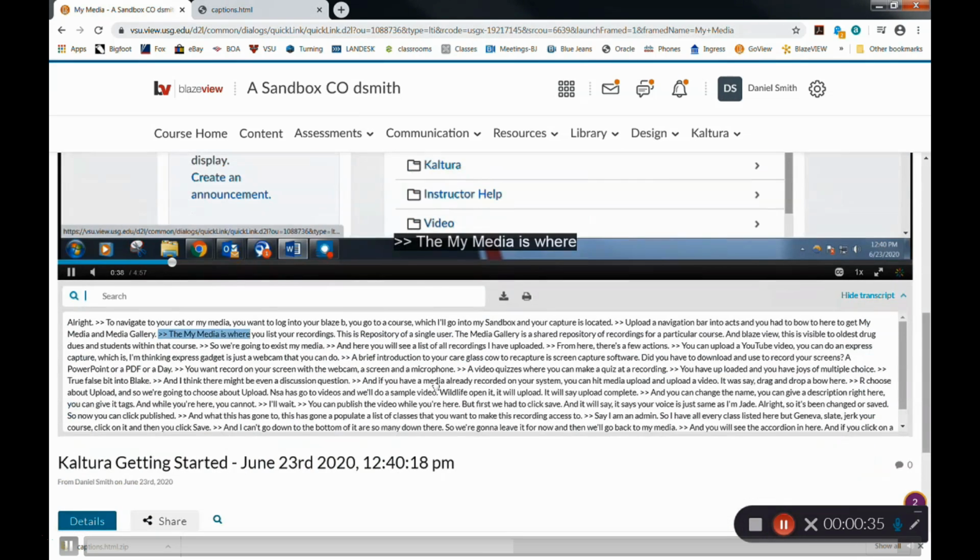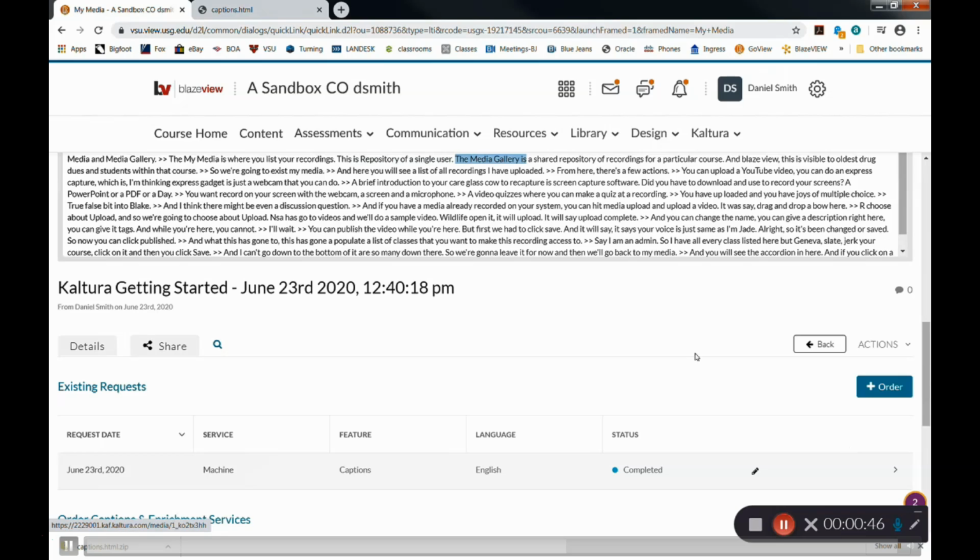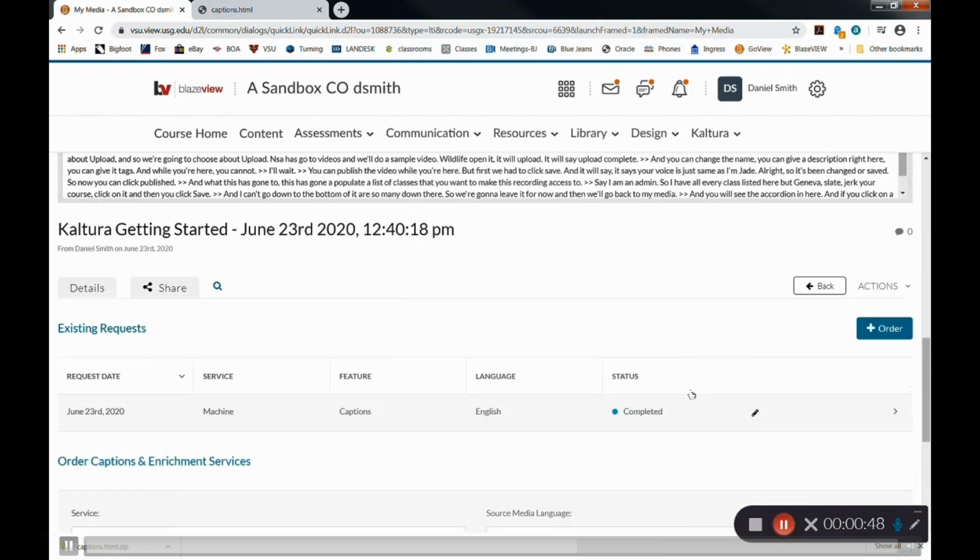You see all your captions right here, but you don't edit from here. You scroll down, click on Actions, Caption and Enrich. This little screen opens and it says status is completed, and here is your caption editor,